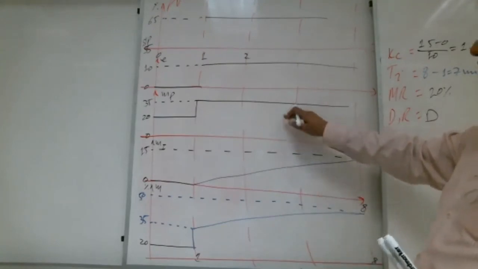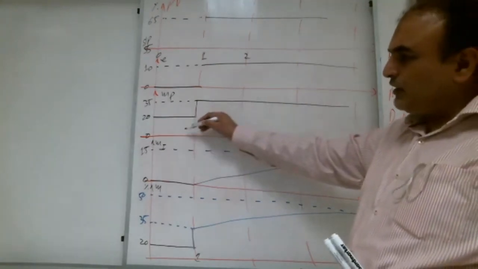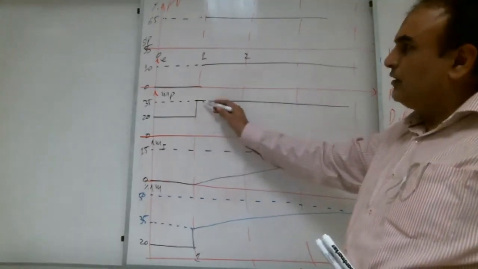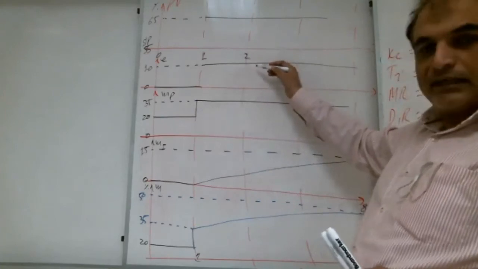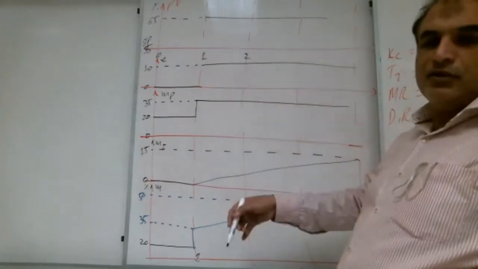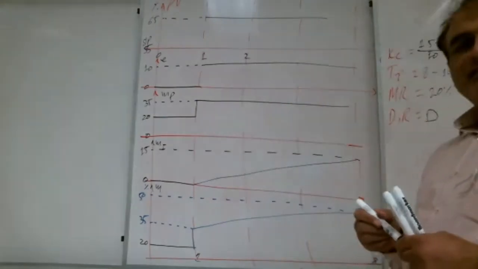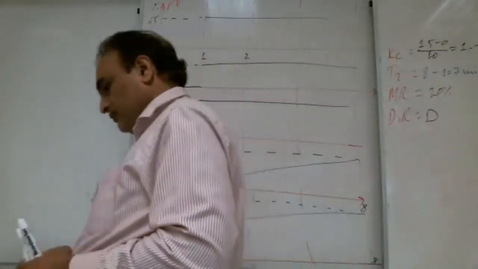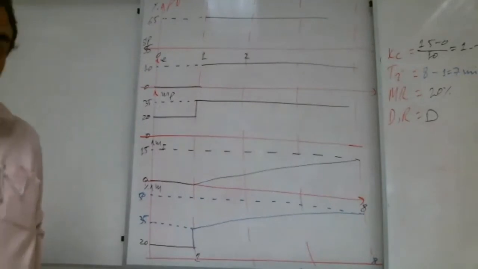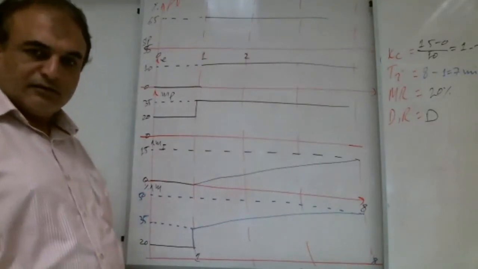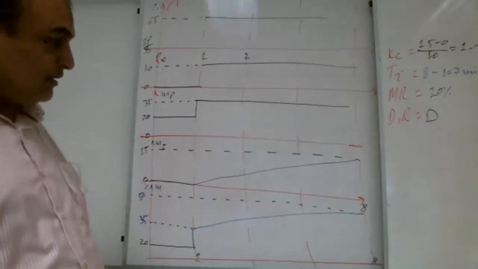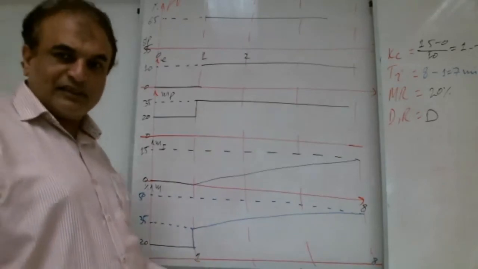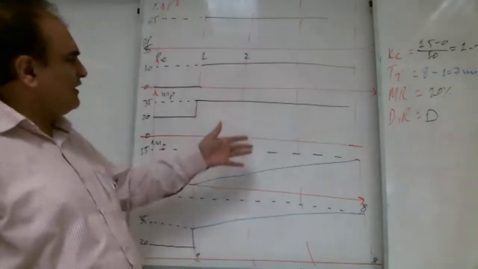Same you can find here. Subtract the MR. MR is 20. So it will be what? 15. 15 by 10. Again 1.5. So a lot of places you can find the KC. You are with me? That's good. A lot of brothers are writing yes. Again, Shabab, if you have any question, please ask. So KC you can find, no problem.